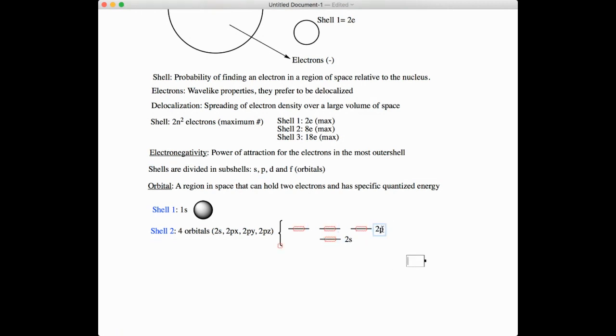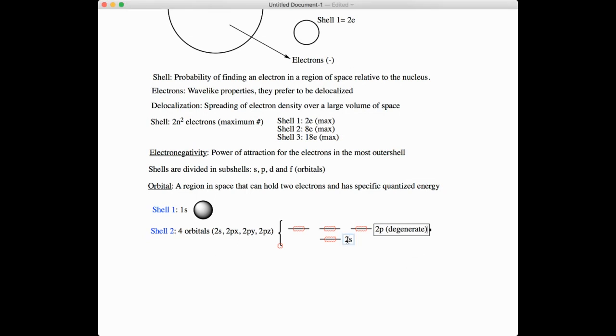The 3p orbitals all have higher energy as compared to the s, and they have the same level of energy between them. So we said that they are degenerate orbitals. I'm going to write it over here, meaning that they have exactly the same level of energy. Okay, so now the next question here is